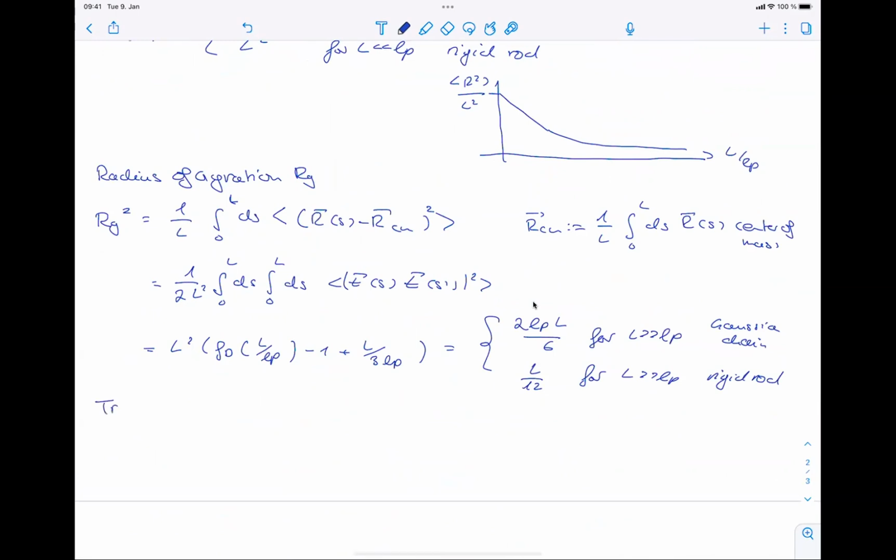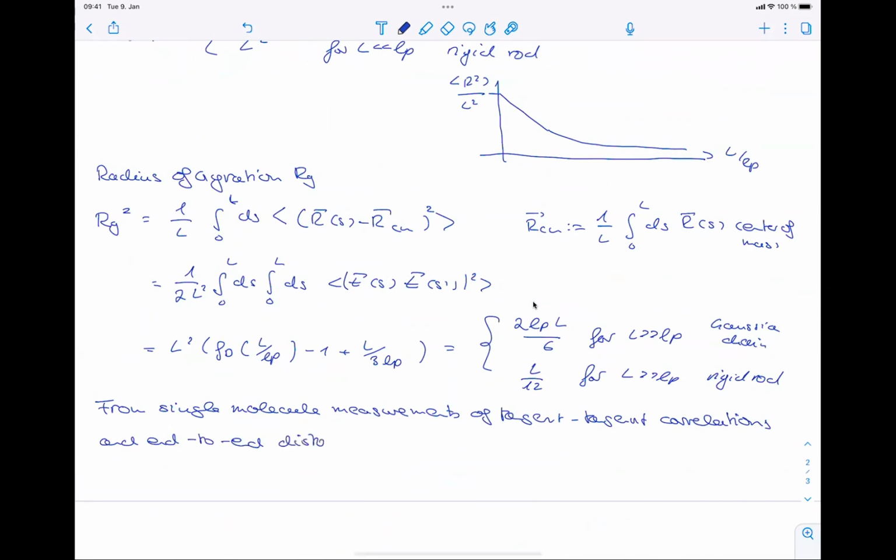And so from single molecule measurements of tangent correlations and measuring end-to-end distance,